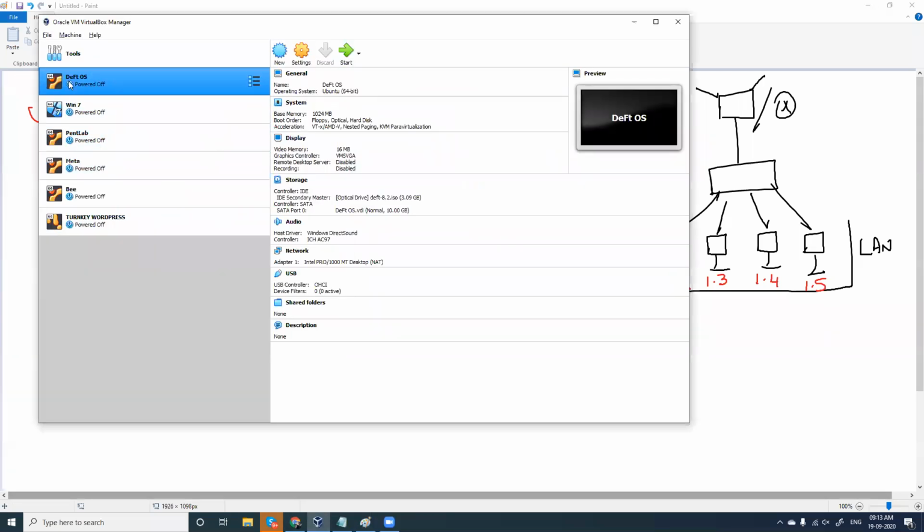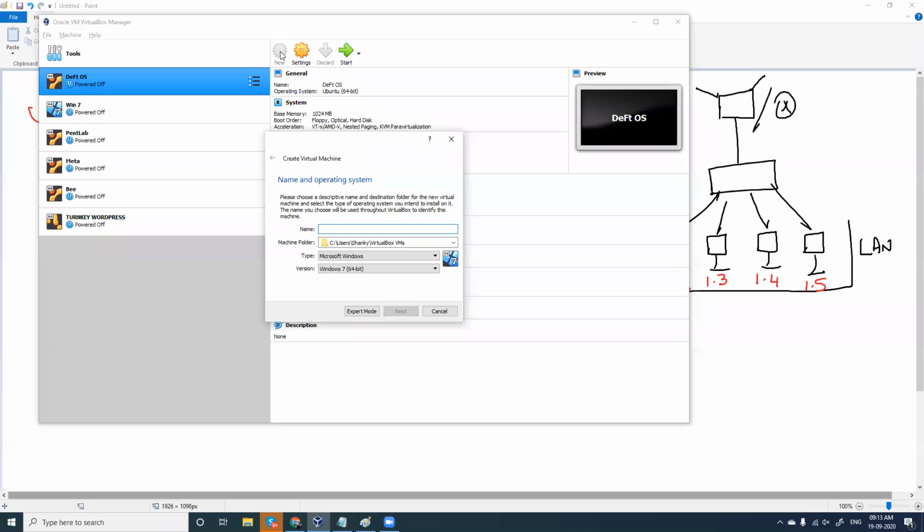So when you install VirtualBox, which is shared in the drive, when you download it and install, it is all next. When you install, it will be brand new without any of these operating systems. So you'll have these options: new, settings, start. I'm going to install a new operating system, so you have to go for this new here. When I click new, it is asking me for a name.